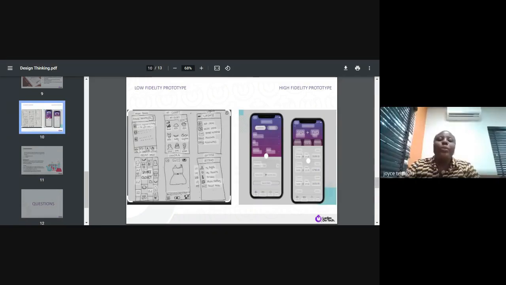Okay, so your MVP is the minimum viable product. Your prototype is the visual representation of what you want your product to be. Let me break it down. You get to build MVPs a lot in startups and big companies, especially in the Nigerian system, where we use agile a lot, because I've not gone to any product management interview where they're not asking me, what do you understand about the agile process? Companies like to churn out products in a certain time and be like, at this particular point,